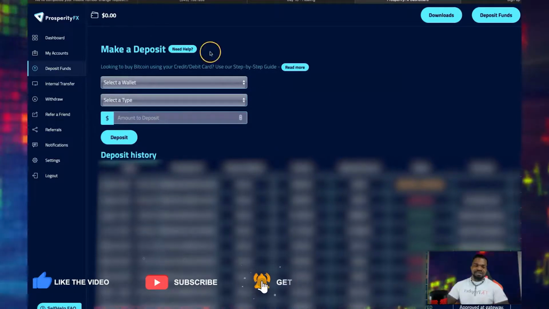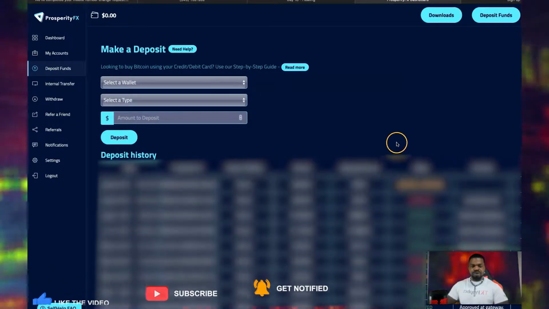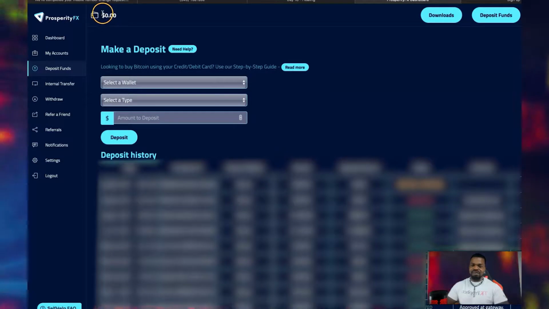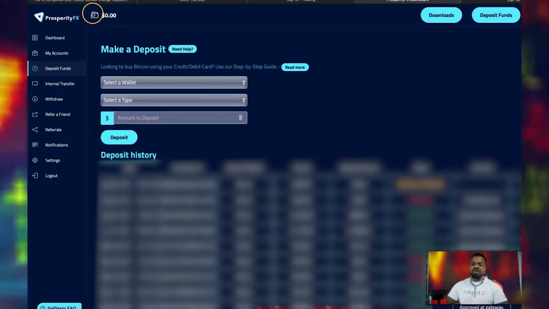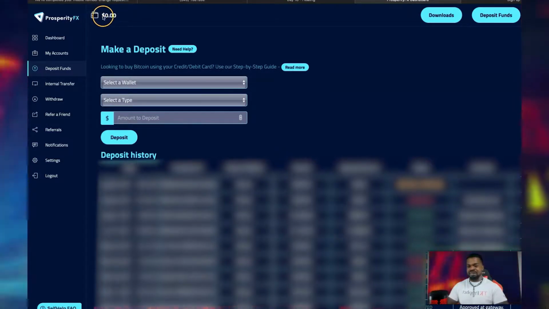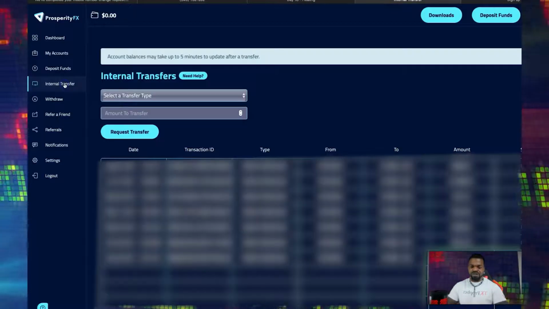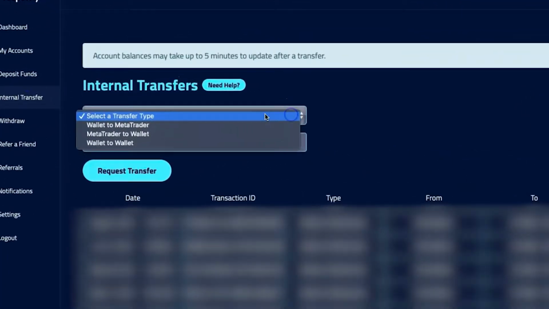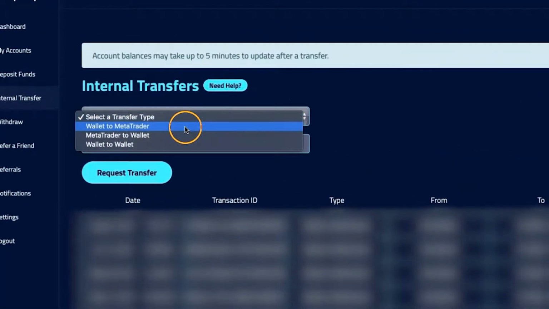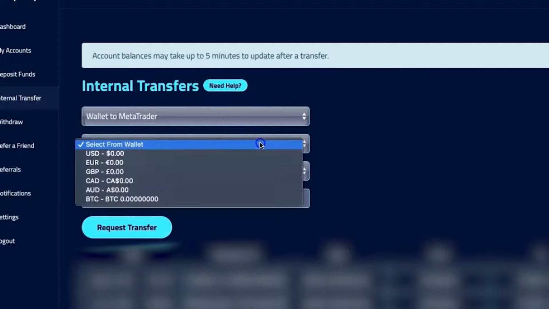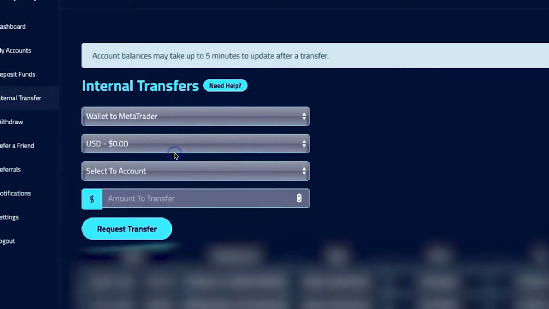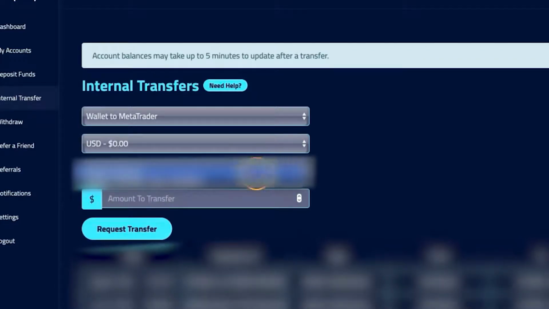After everything is sent and you go through the approval process and everything is approved, you will see the funds show up here where your wallet is. Okay. At that point, you'll just select internal transfer, go from wallet to MetaTrader, select whatever your currency is, mine is USD, and then you would select the account you would like to transfer the money to. At that point, you just put in that amount,